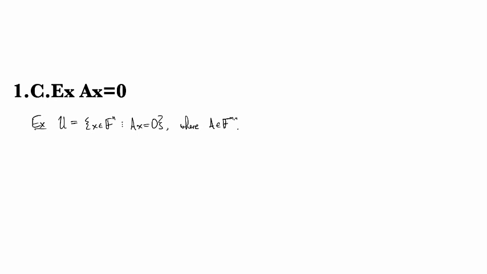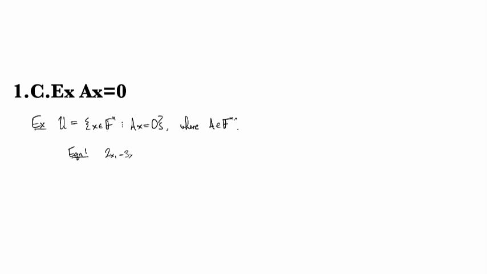So I just wanted to come back to an example that we talked about before when we were looking at subspaces of Fn. So let's take U to be all the points in Fn that satisfy this matrix equation. Okay, so A is going to be some fixed m by n matrix. So suppose we have a linear homogeneous equation, call it equation 1,